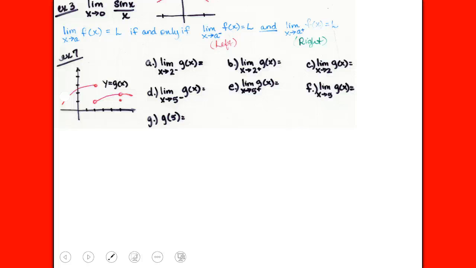Now, I don't want you to think that every time you see a sine or a cosine function, it's always going to be does not exist. Yes, sine and cosine do go back and forth between 1 and -1 nonstop. However, they don't do it an infinite number of times at a point. Like here's the limit as x approaches 0 of sine x over x, and this is what that graph looks